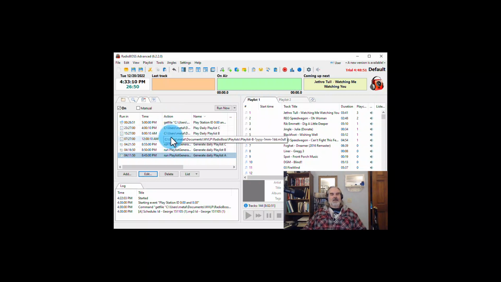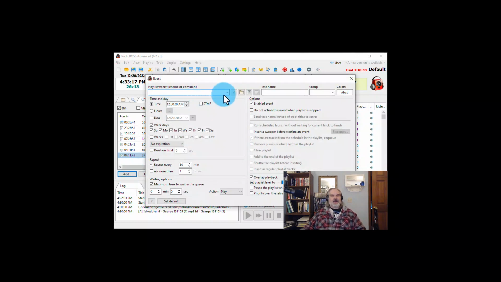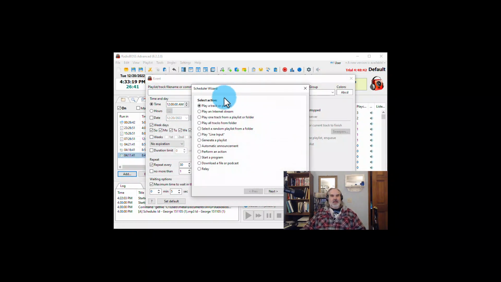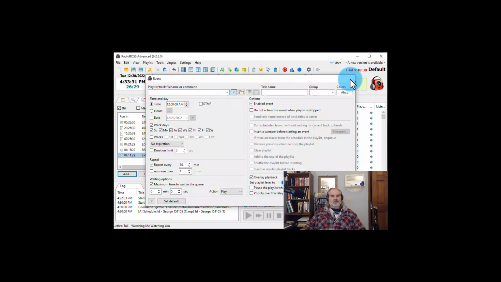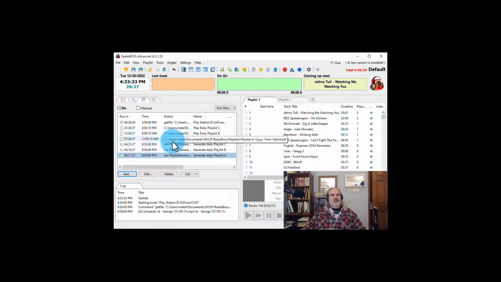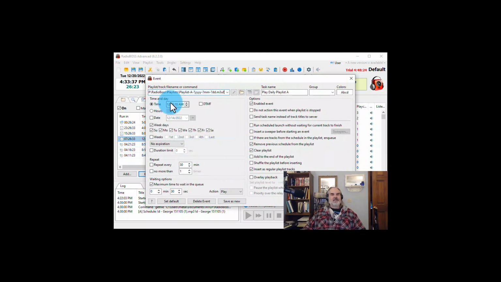So I already have a few in my event scheduler set up, but if I didn't have them, I could create a brand new one by clicking Add, going to the wizard, and keeping this top option highlighted, which is Play a Track or Playlist. And it would ask me with a browser, where do you want to find this playlist file? And I could select that playlist. Okay. Once you set this up with any one playlist, then you can just edit the instance that you've already